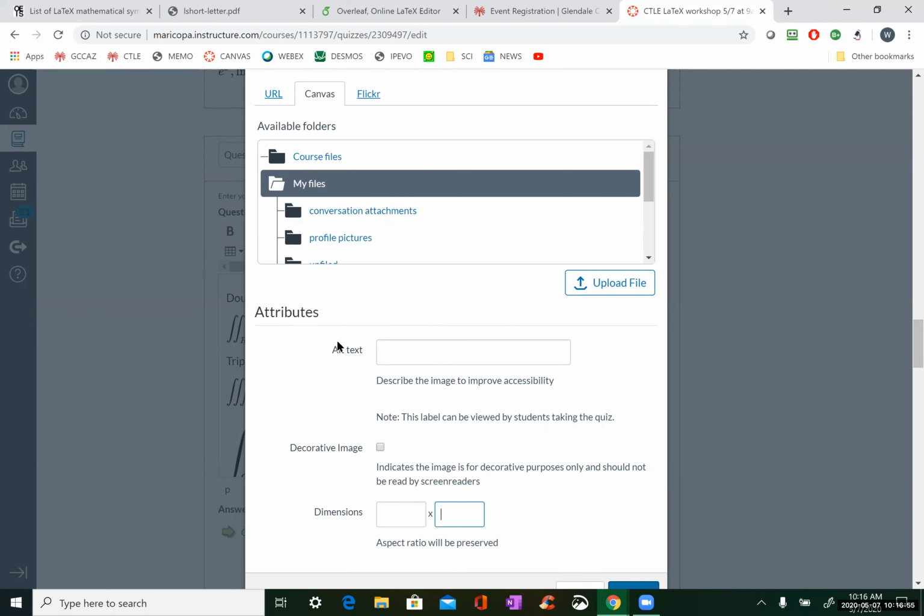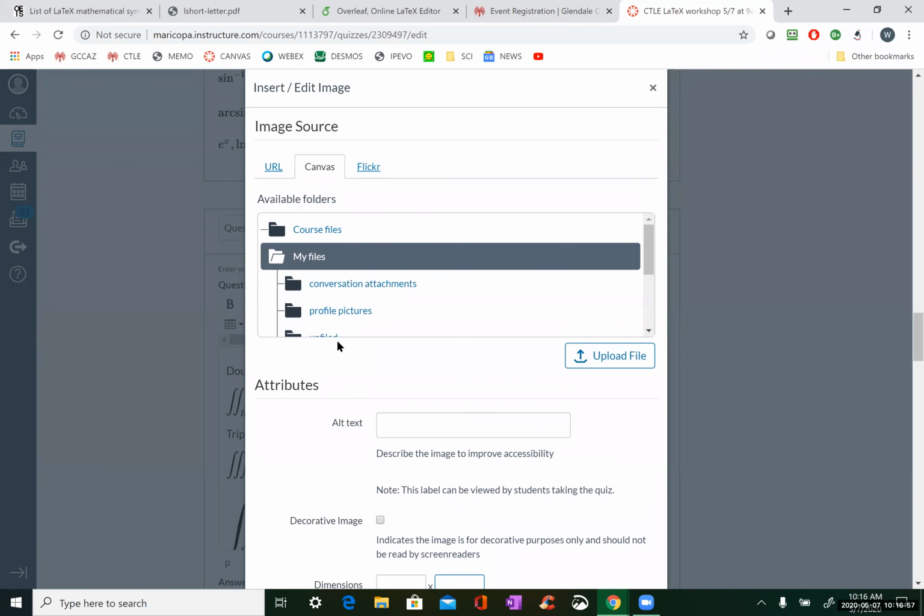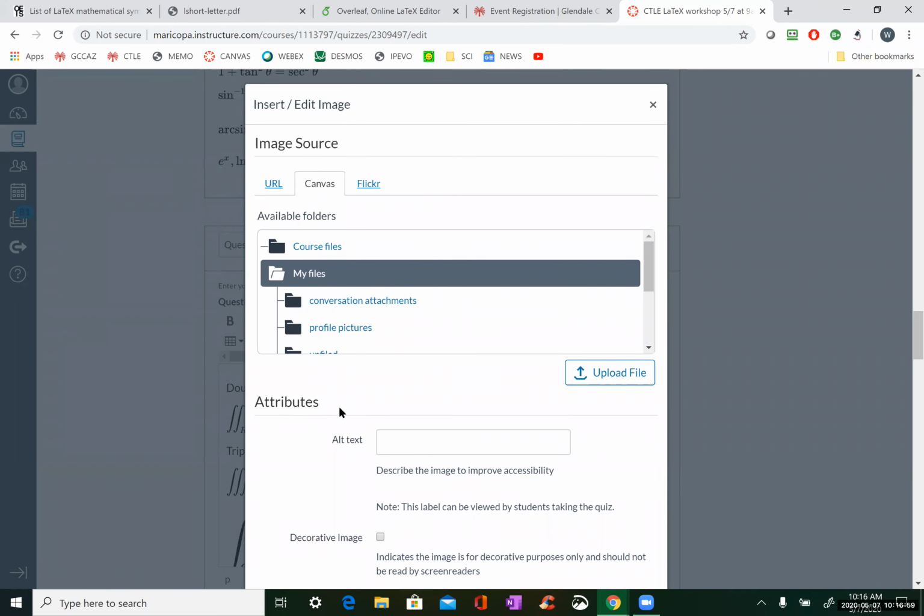I noticed when I put it in that it goes in as a PNG or JPG or something like that, and then they have to click on it to open it up and look at it. I wanted it to be able to see it right away. No? Oh, okay. I don't know. I haven't done that yet. Well, okay.